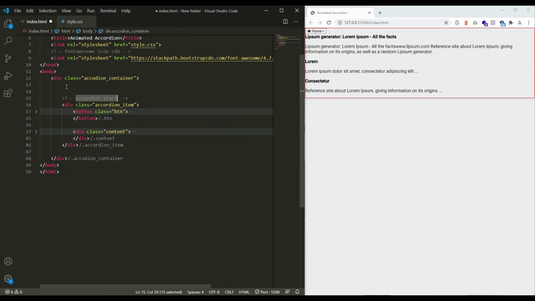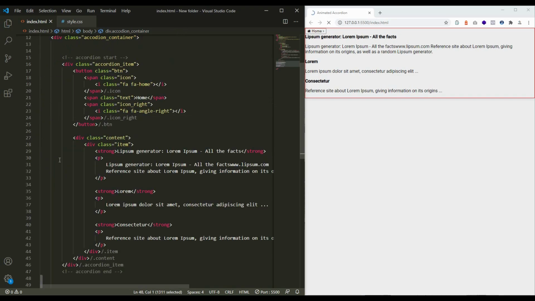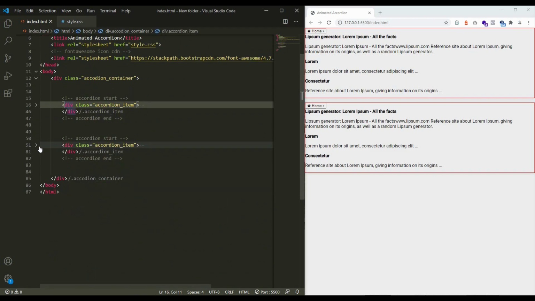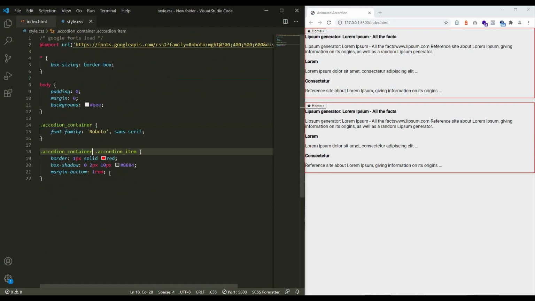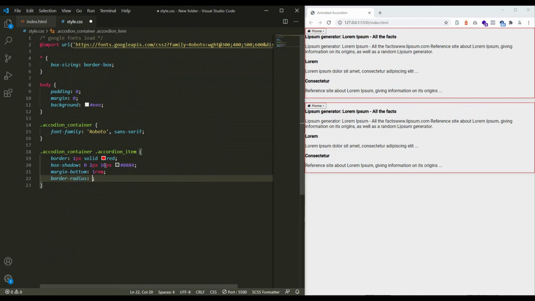and add some comments so that we can easily identify the single accordion. Here it starts and the section ends here, end, and duplicate this so that we can check the CSS style properly. Look at here, the margin is now showing properly,